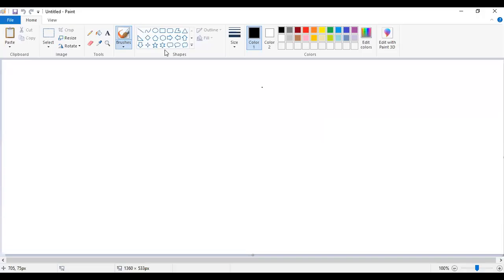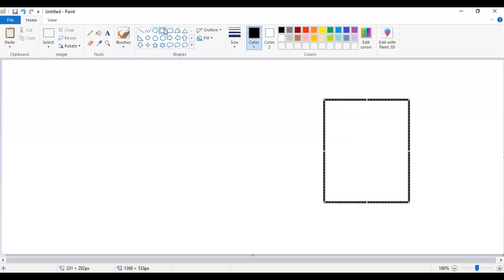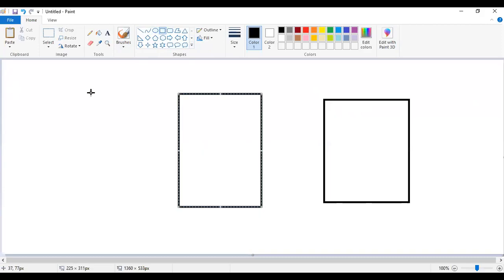Paint. So here a separate server is maintained. Okay, right? So now this is the user.